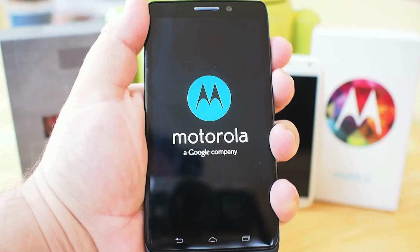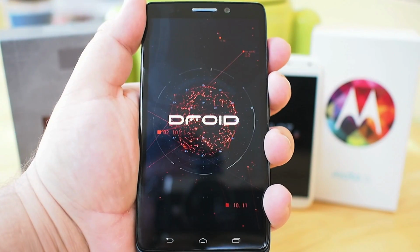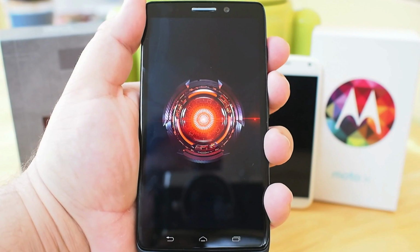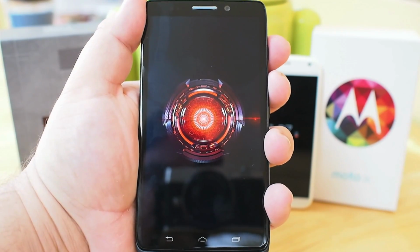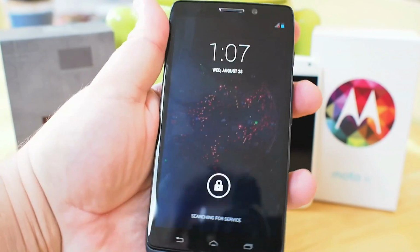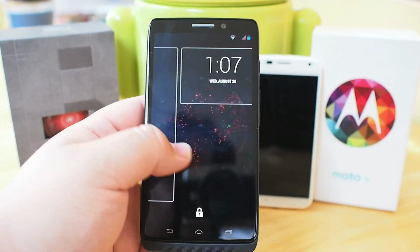And as you take a look at the Droid Maxx, what we're going to find here is a Motorola phone that was made specifically for Verizon Wireless, and a continuation of the Droid line that Motorola had been building for a little while now. And what you see here is a 5-inch OLED 720p display with a Snapdragon S4 Pro running at 1.7 gigahertz and 2 gigs of RAM, which is the same as the Moto X, but as you